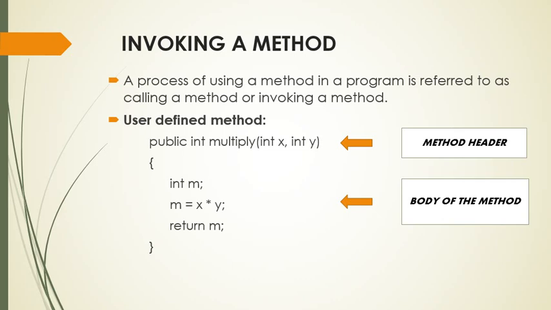And inside the function body of the method, we have declared a local variable integer m, where m holds the multiplication of the two variables x and y, and finally the last statement is return m. So it's returning the multiplication result. Here the return statement is applied at the end of the method where it terminates, and we know that no statement in the method can be executed after the return statement.